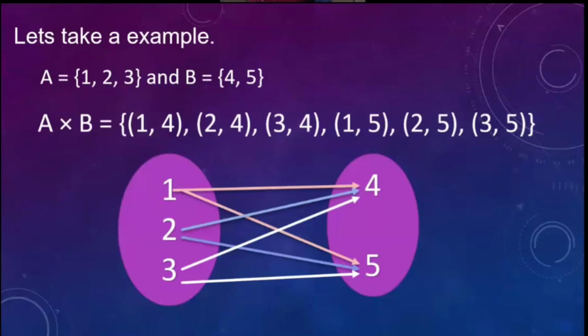And whichever set you take first, in the ordered pairs that set's elements come first. If I am writing A cross B, then all my first elements are from the first set, that means 1, 2, 3 will come, and the second elements are from the second set, 4, 5 will come. Now see,